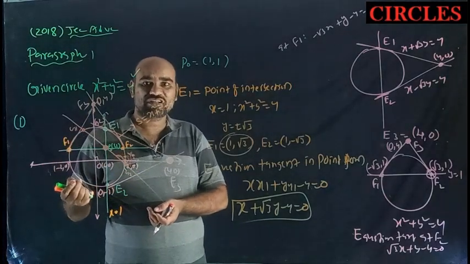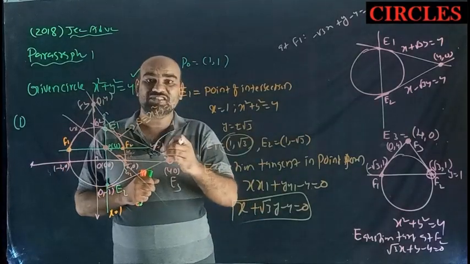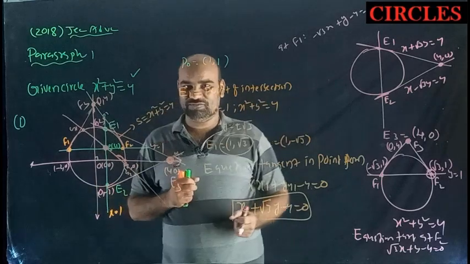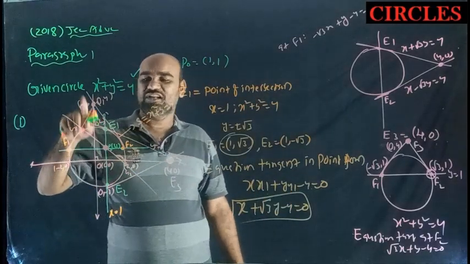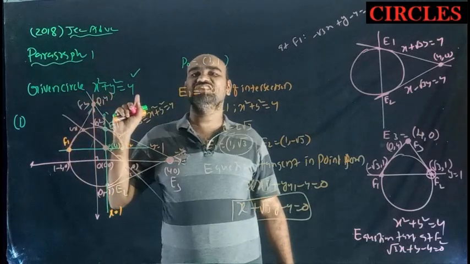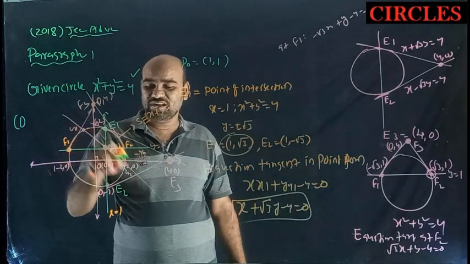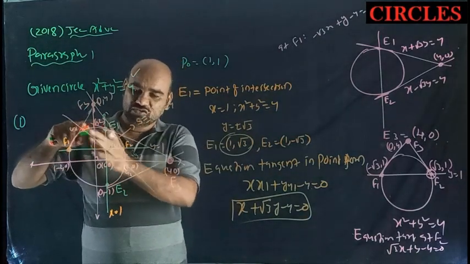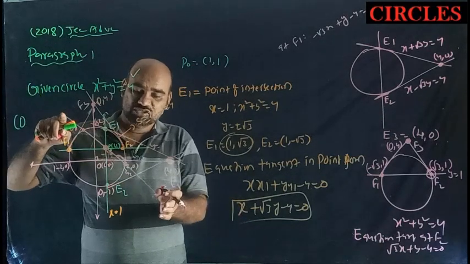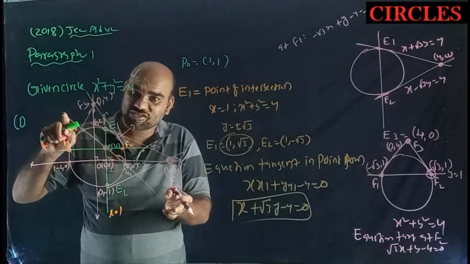We want to check which of the following curves these 3 points, E3, F3 and G3, lie on. We have already found E3 and F3. Next we want to find G3, which is the point of intersection of the tangents drawn at G1 and G2. G1G2 is another chord. Extend it and you get a secant whose slope is -1. The point is there, the slope is there, so you can find the equation.